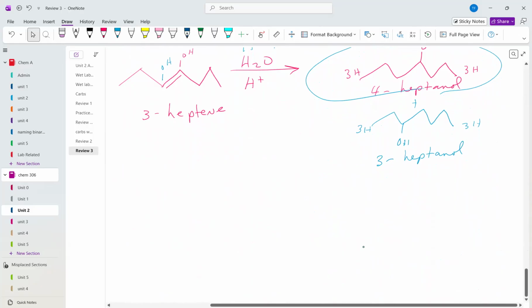Okay, so those are some reaction examples. Just go through your Unit 2 dry lab worksheets. Okay, so what I'm going to do now is